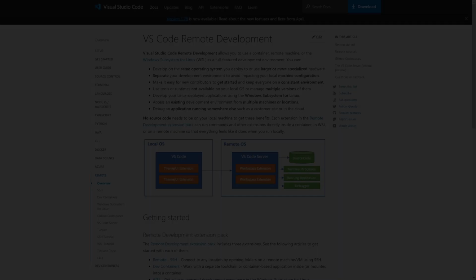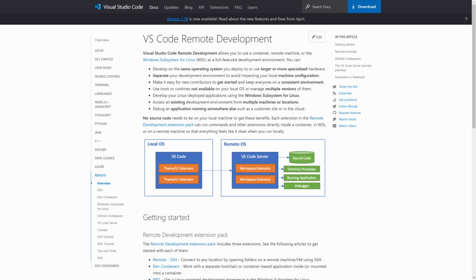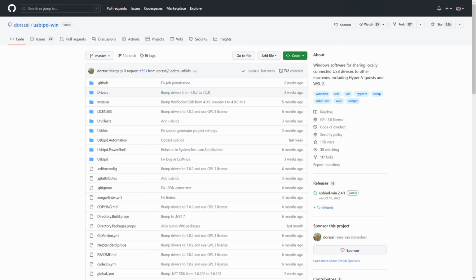VS Code remote development and USB IP forwarding provide a lot of flexibility for how you work. I'm not covering those details in this video, there's too many combinations. But now that you know it exists, you should be able to find the resources you need. There's no shortage of documentation since millions of developers use VS Code this way. After you have VS Code installed to your liking, we can focus on the things unique to the Pico computer.